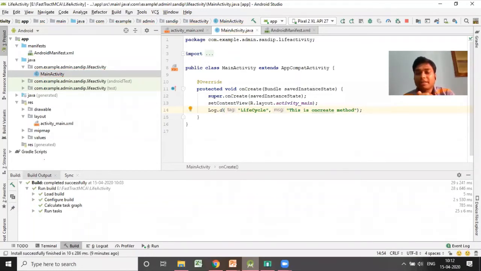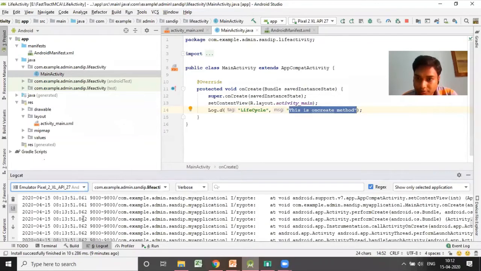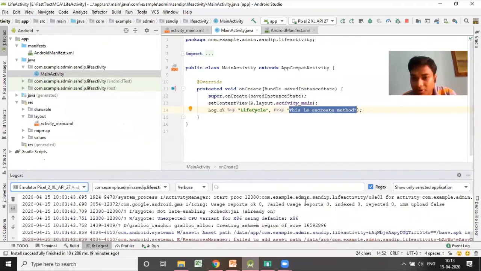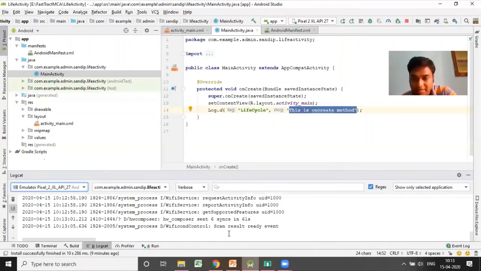The Log.d function will display whatever message I wrote here into the log. Whenever I run this program, it will execute step by step and display which line it is executing and the output from that line, to trace the life cycle. Okay, it will be better.